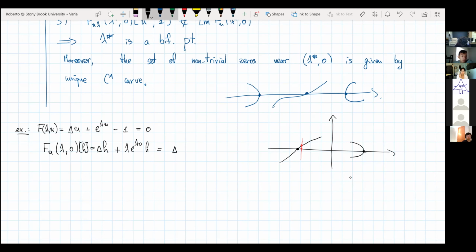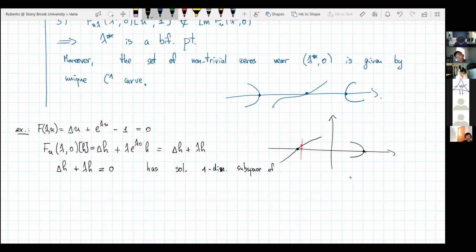So that's the equation: Laplacian of h plus lambda h. And the fact that we have a kernel spanned by a unique element u star means that we're trying to see if this equation has as a solution a one-dimensional subspace